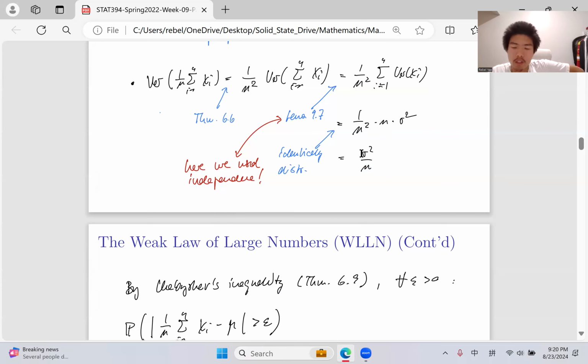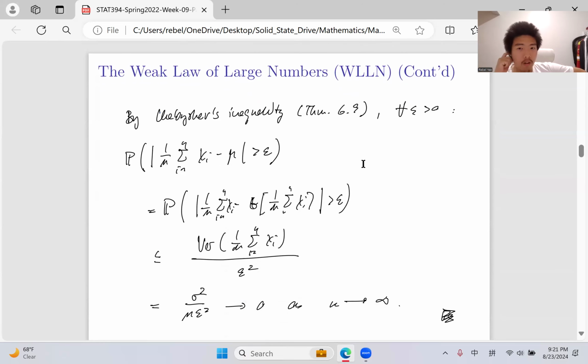What does this term mean? When n becomes a large number and goes to infinity, remembering what we said before, its variance is finite. So it becomes very crucial here. If it's not finite and n goes to infinity, this term is indeterminate, which means it can be zero, it can be infinity, because it's not limited. But as the variance, sigma square, is limited, it cannot go to infinity, and n goes to infinity, which means this term goes to zero. So variance is going to zero as n approaches infinity.